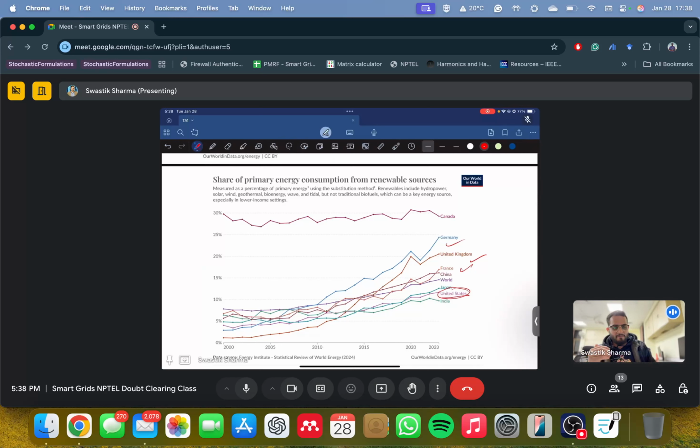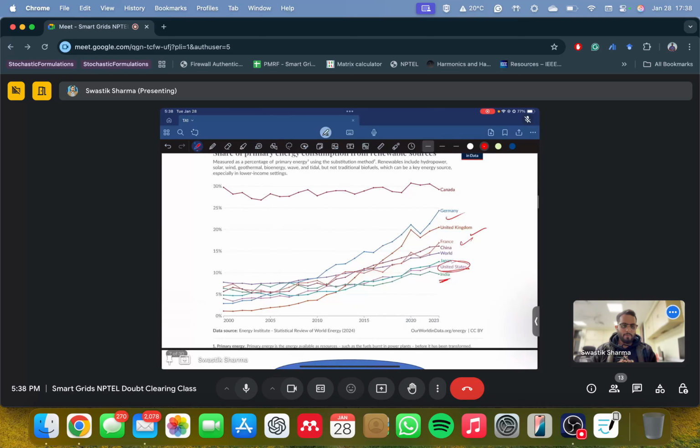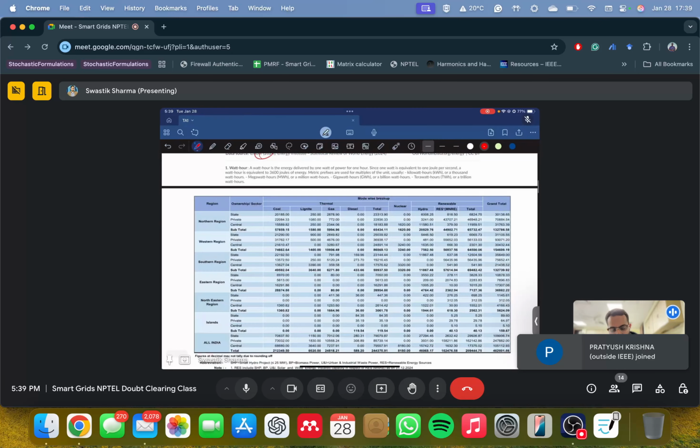So they have a majority of thermal based power plants, which are being used right now as we speak to support the primary energy consumption in their areas. But for India, we are also at the same level. You now see we need to go from 2000 terawatt hours to above 4000, but we also need to increase our renewable energy reliance. So for this, India has set a very mammoth task, which is 500 gigawatts of renewable energy by 2030, right?